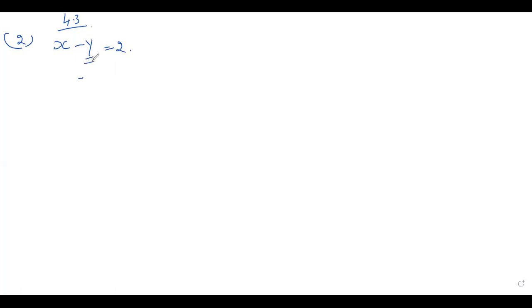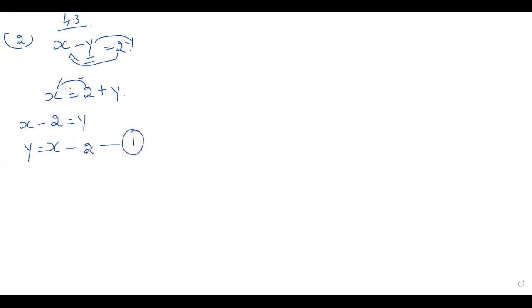We have to write the equation for y, right? I will take it into the right hand side because it is -y. So I'm taking it to the right hand side. Shift this 2 to the left hand side. I will do 1 by 1 is equal to 2. So -y becomes +y. Now I'm shifting this 2 to the left hand side. That is x, plus 2 minus... -2 it becomes. So what is our equation? y is equal to x minus 2. I call it equation number 1.